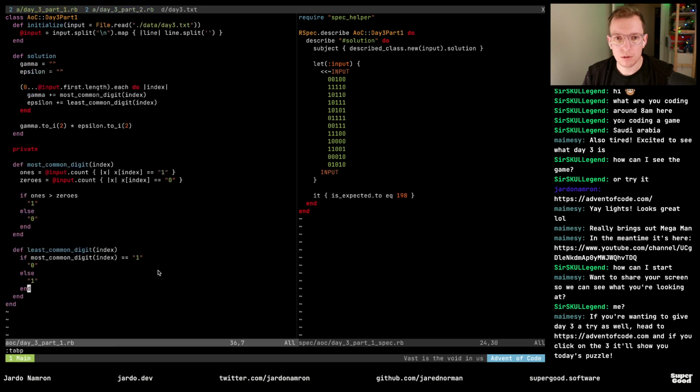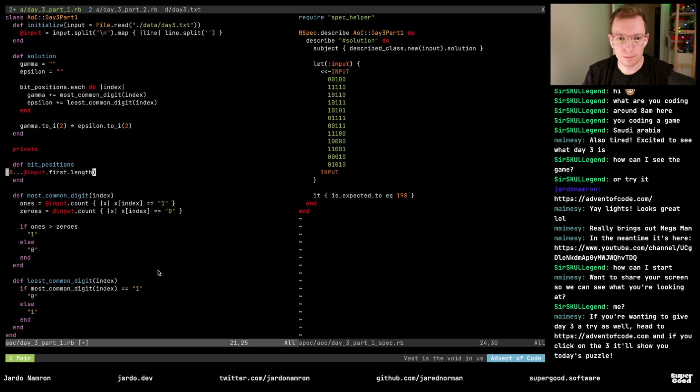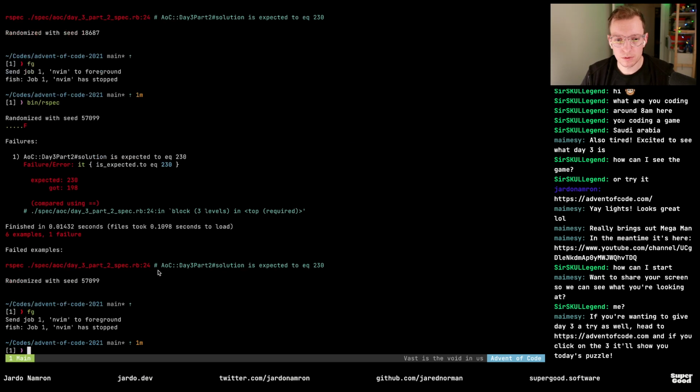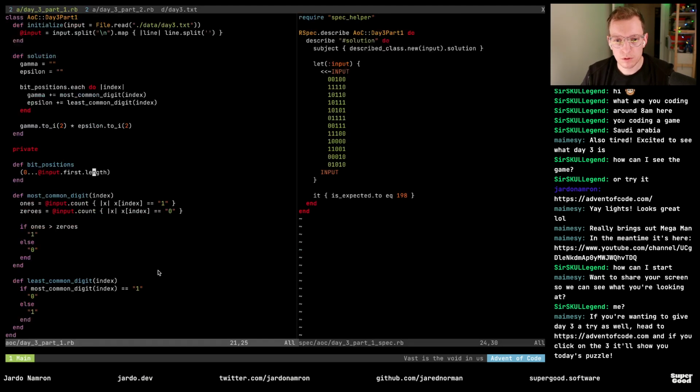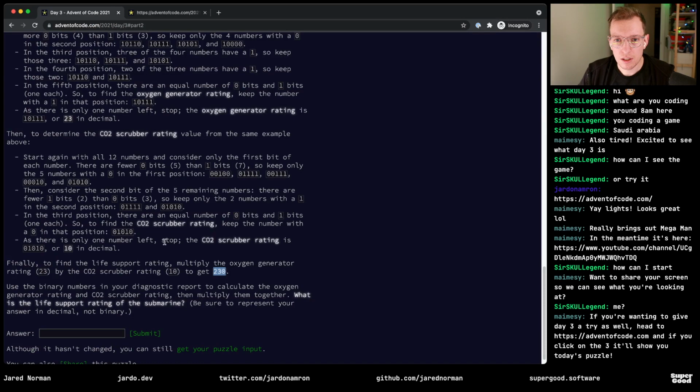Actually, do one slight refactoring. Call this bit positions. Ooh. Cool. Still just one error. That's fine. All right, we're back into it. Part 2. So bit positions and